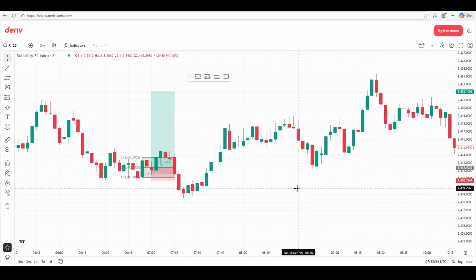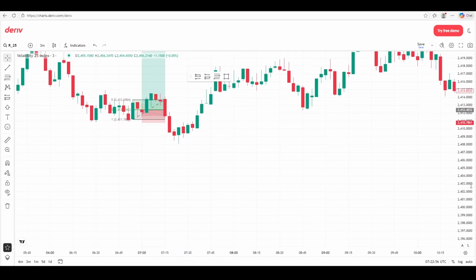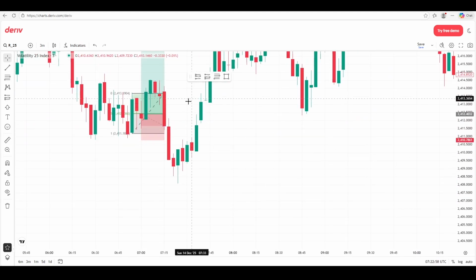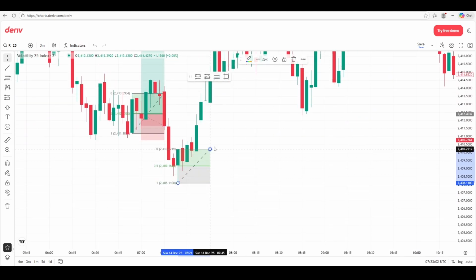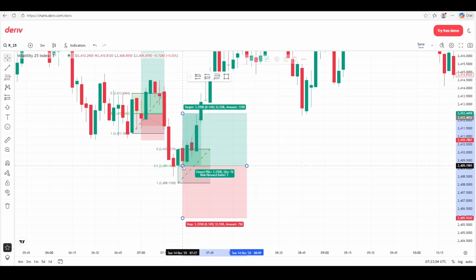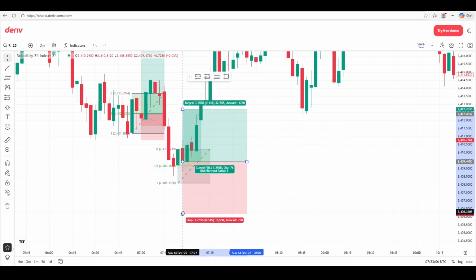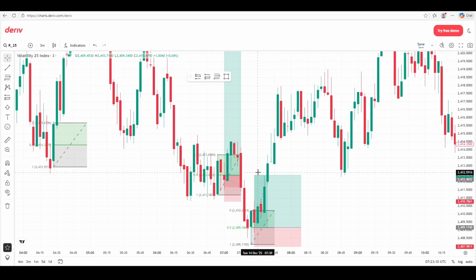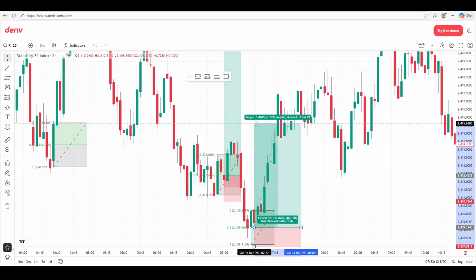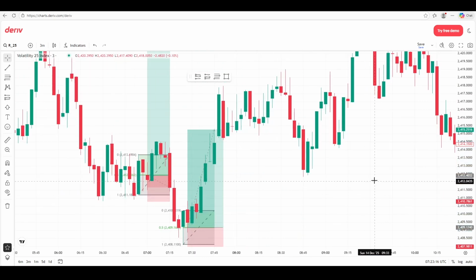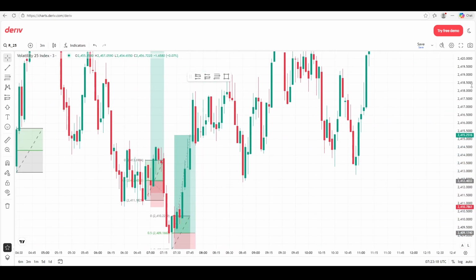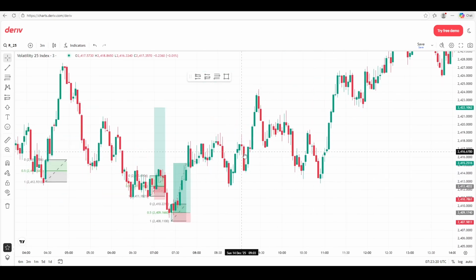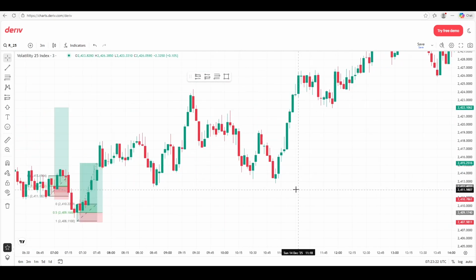And then the next one we have is this bullish engulfing candle, buy setup, stop loss just below this low, and you get your risk to reward ratio of 5, right? Then now we look for another bullish engulfing candles to see which other opportunities we would have taken.